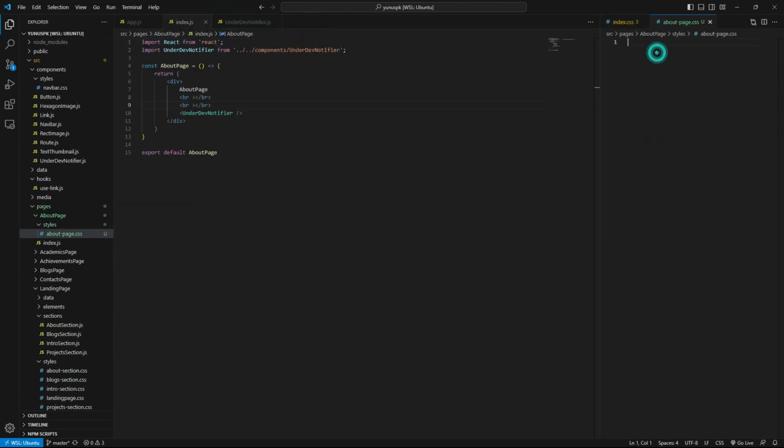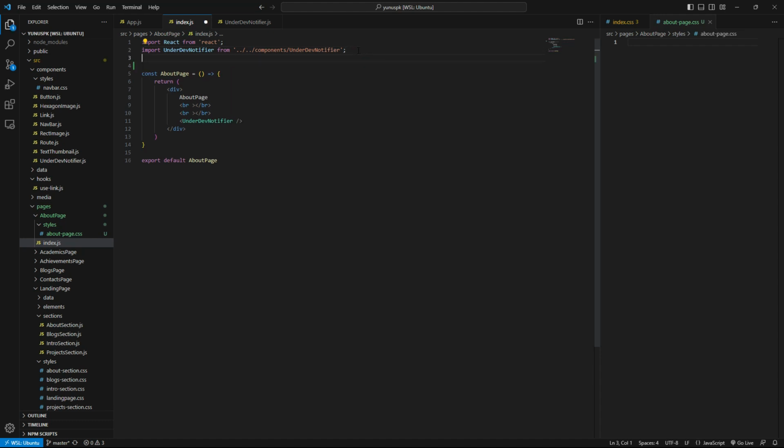Now we're gonna go here, we're gonna import about page.css here. Import /styles slash about page.css. Got that.